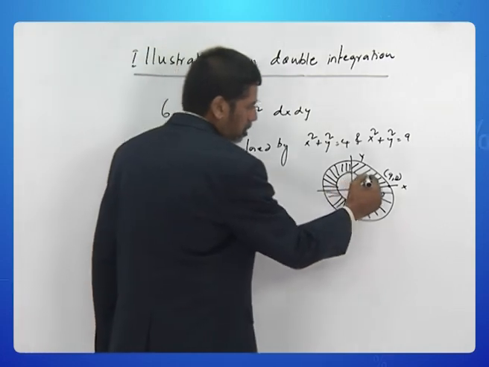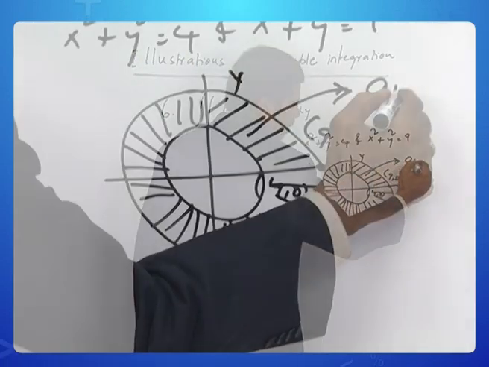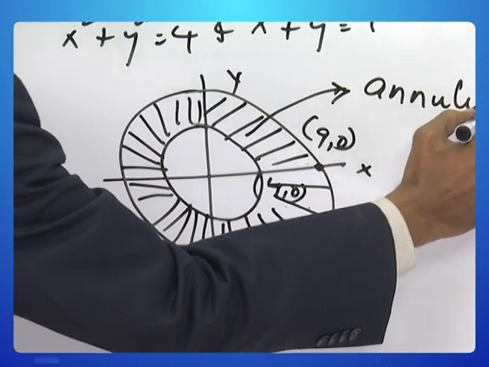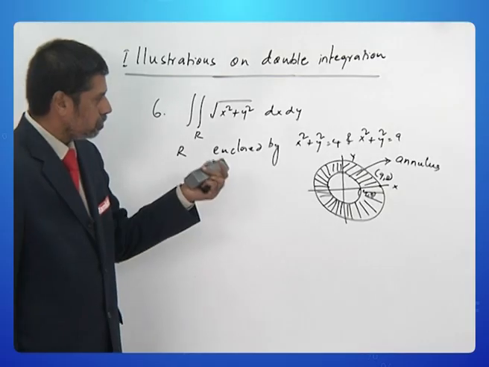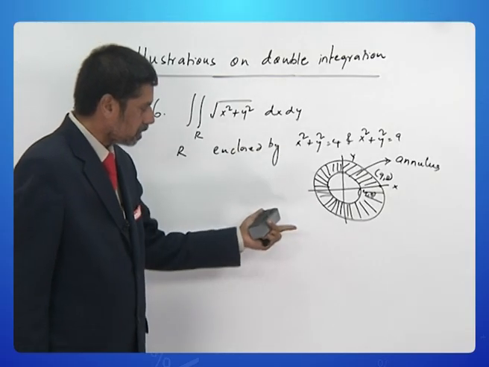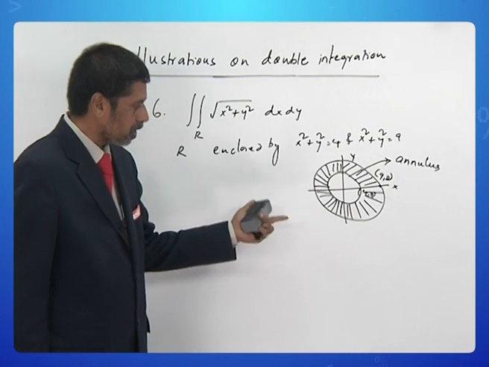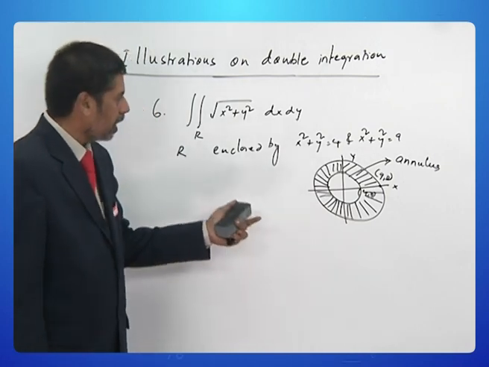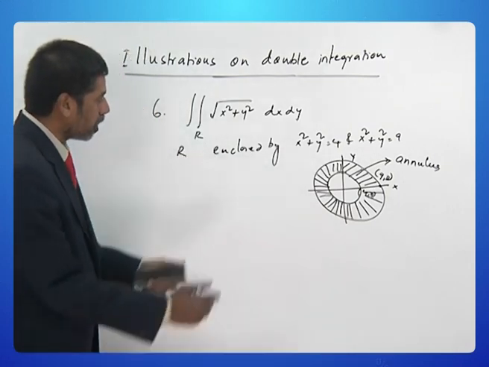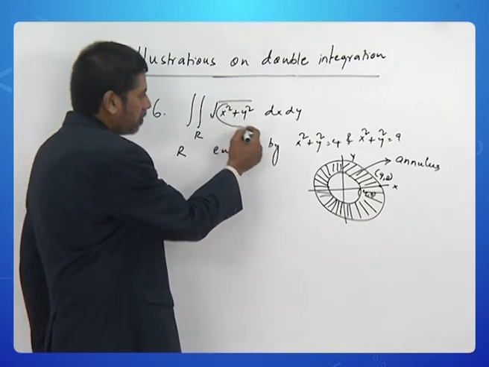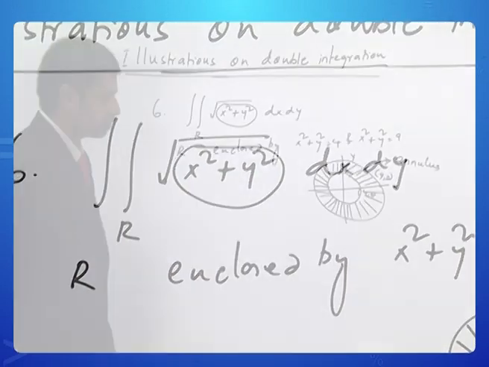So we can call this an annulus. Now please recognize that once the region is bounded by polar curves like circles, and we have got an added advantage that we have x square plus y square in the function,